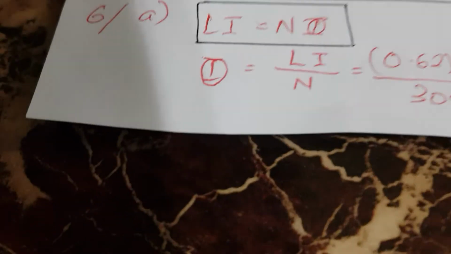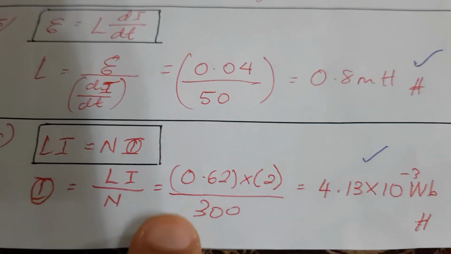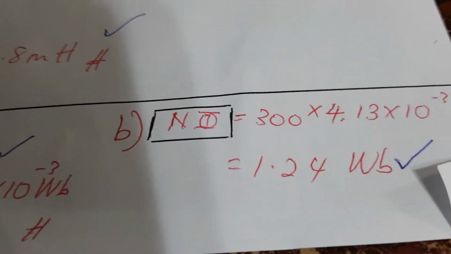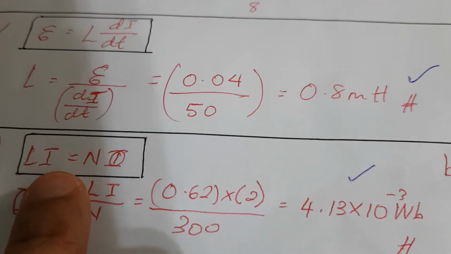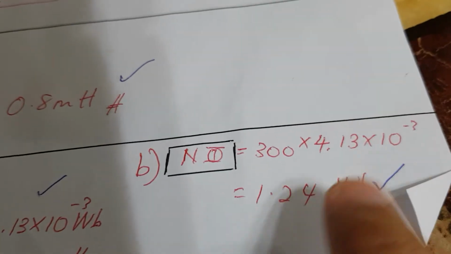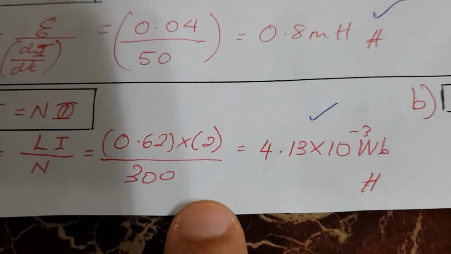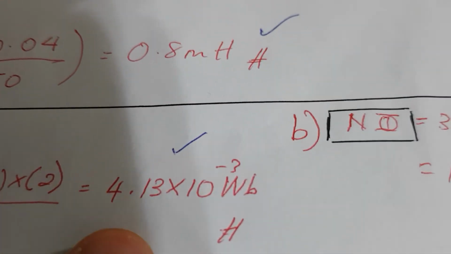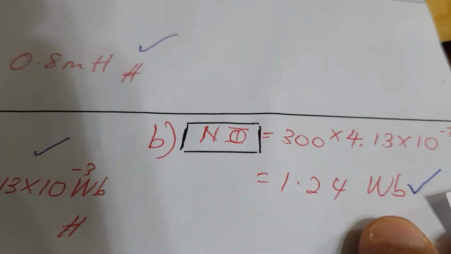And 6a, they are asking you magnetic flux. So magnetic flux is just this one divided by N. When they ask you for magnetic flux linkage, it is N times magnetic flux. So straight away it's just Li. Either you take L times I, or you take number of turns times magnetic flux. Since you already know the magnetic flux here, just multiply with the number of N, you will get the answer. Or just over here is single magnetic flux, that means for 1 turn. So the answer for 6a is 4.13 times 10 to the power negative 3 Weber. Over here is 1.24 Weber.